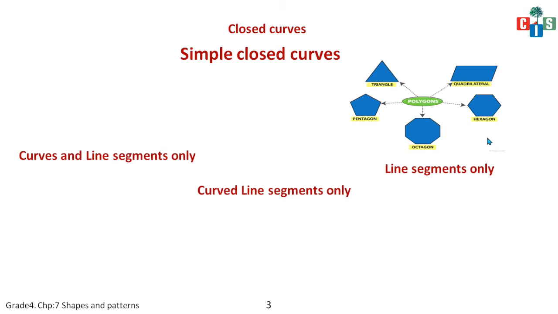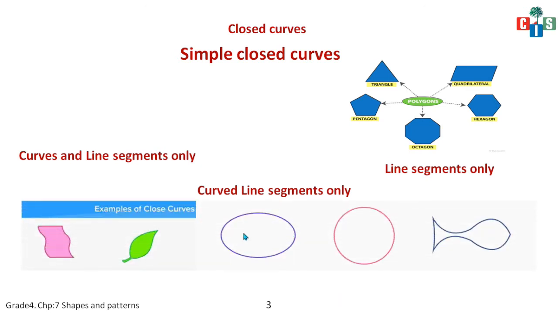Line segment और सिंपल क्लोज्ड कर्व्स जिसमें खाली लाइन यूज करते हैं वो सारे पॉलीगॉन्स होते हैं. Now triangle, quadrilateral, hexagon, octagon and pentagon. Okay, circle is not a polygon, whereas square and rectangle are quadrilaterals because quadrilateral के 4 sides होते हैं. Fine. Now we will see an example of curved line segments, wherein only curved lines are used to make a closed simple figure. Fine.